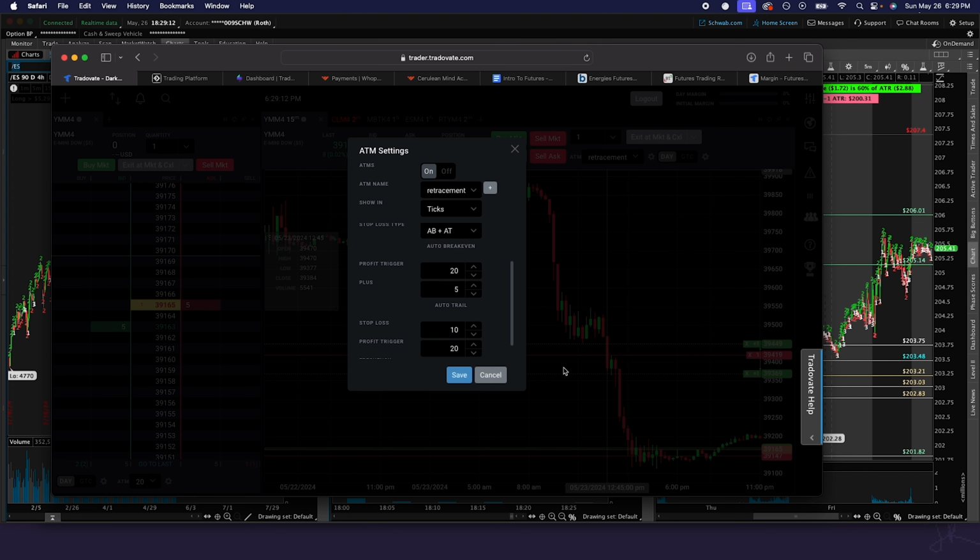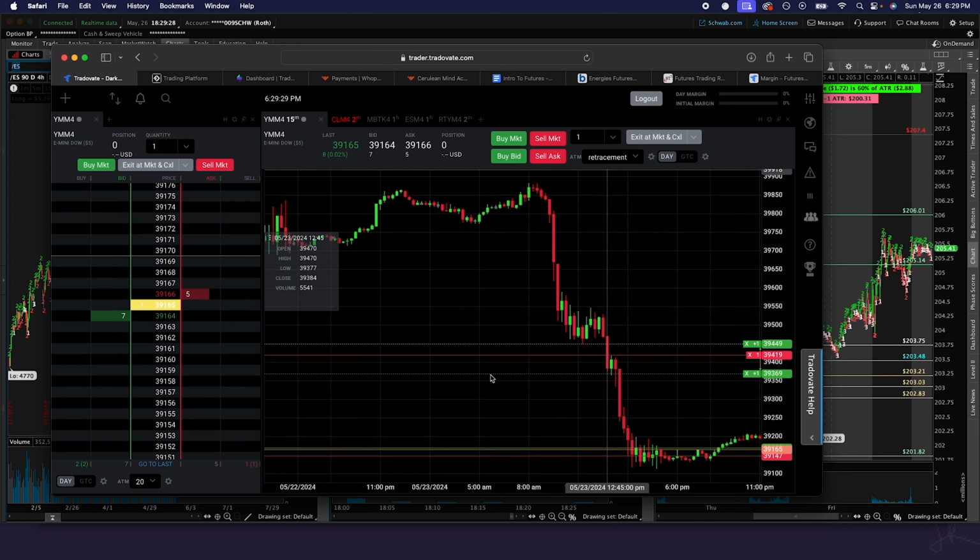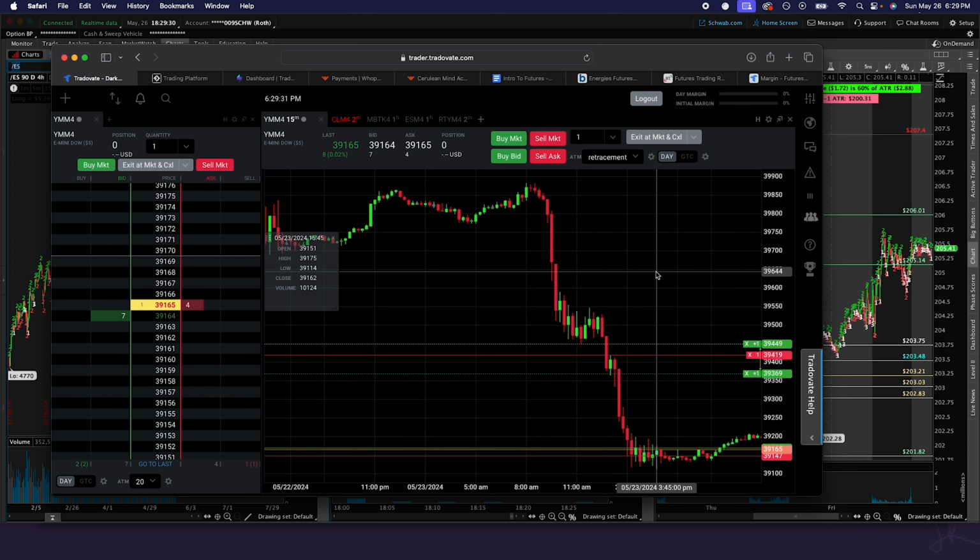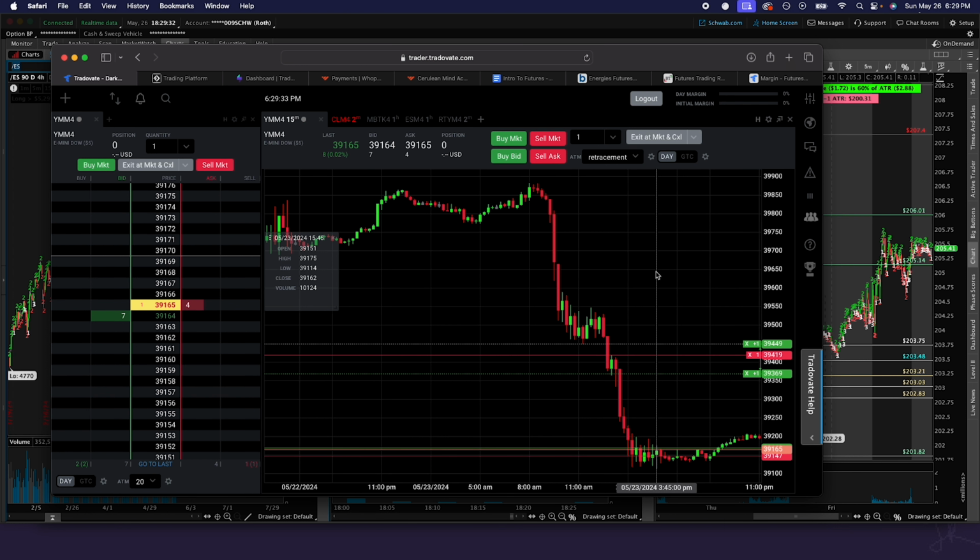So if it does come back, it'll just take me out at 5 points. And then I have an auto trail, which every 10 points that it moves after 20 points, it'll move my stop loss up 10 points until I either get stopped out or hit my take profit. So I don't have to babysit this trade at all. Everything's already programmed into the system,